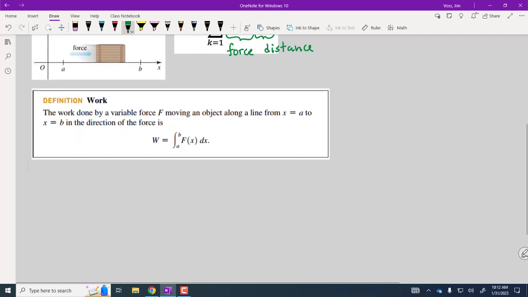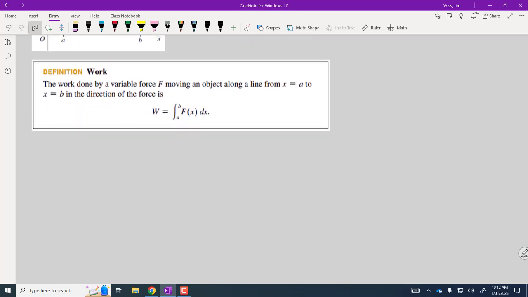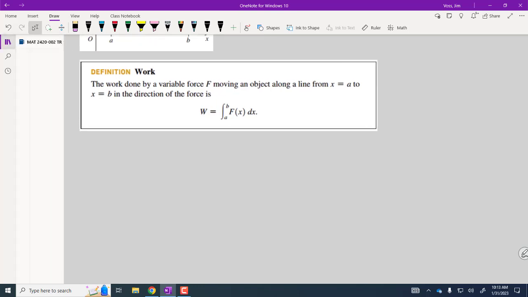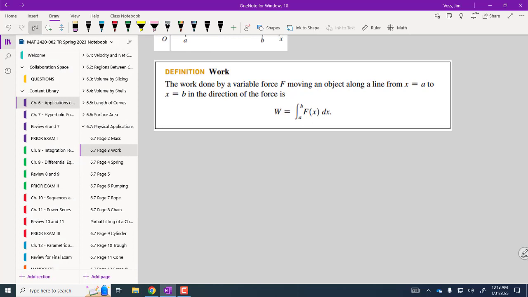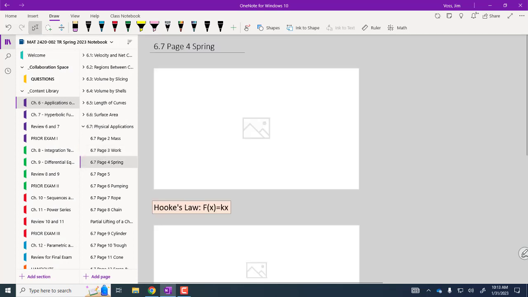So there is our key formula, that work will be the integral of force if the force is variable. You can just multiply work is force times distance if you have a constant. But variable force, that's our new idea, which is probably not that new to many of you. So work is integral of force. The simplest